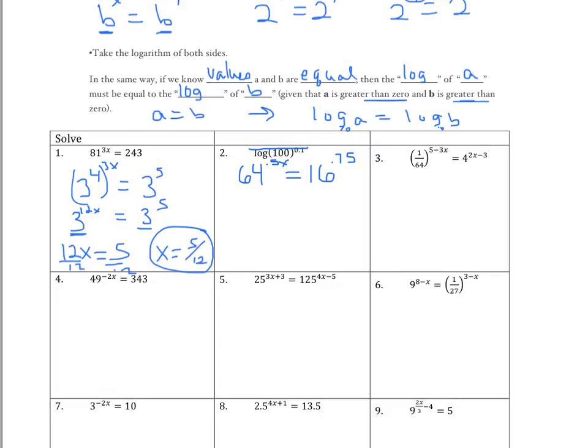16 times 4, those aren't the same number, so let's change it to a base of 4. So 4 to the third is 64, and raise that to the 0.5x. And 16 is 4 squared to the 0.75. And then we have this side is 4 to the 3 times 0.5. 3 times half is 1.5x. And then we have 4 to the 2 times 0.75, which is really